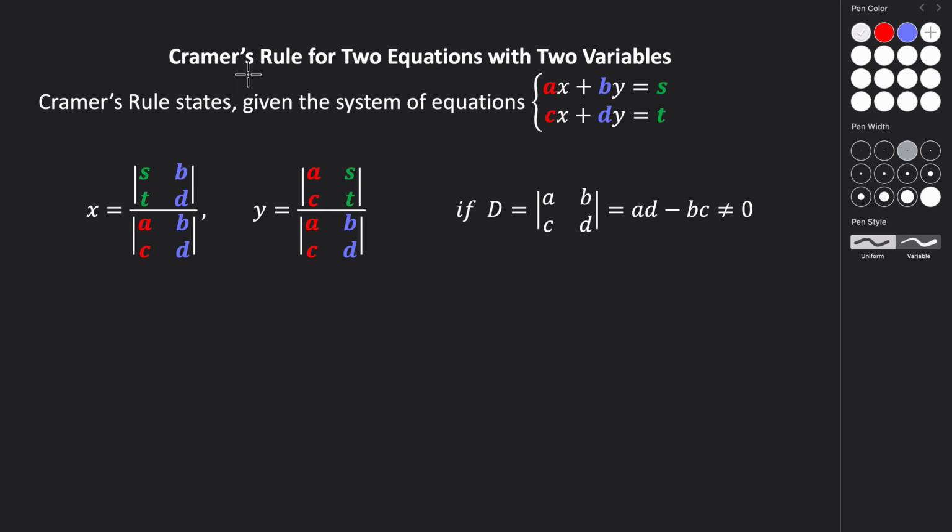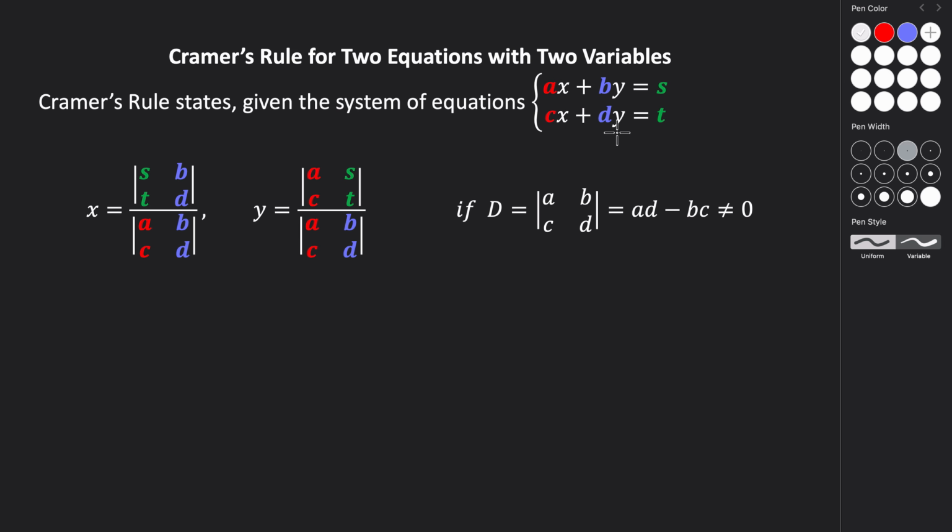In this video, we're going to be talking about something called Cramer's rule. Cramer's rule is an alternative method for solving a system of linear equations. The example we're going to look at is solving a system of two equations with two variables. In order to use Cramer's rule, we're going to be given a system in this form: ax plus by